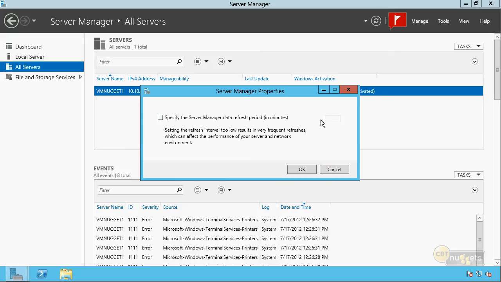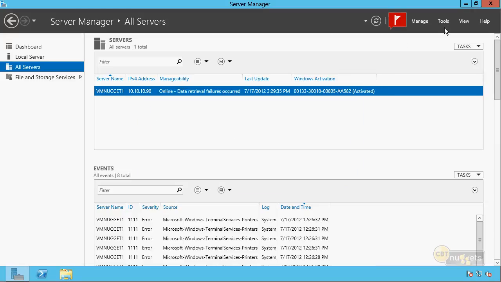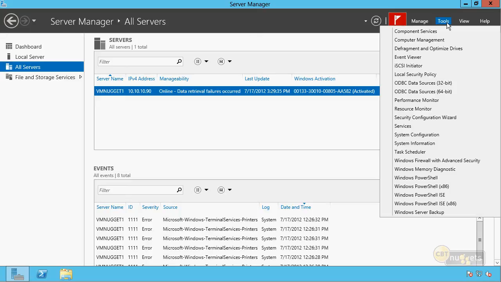It just tells you how often to refresh the screen, or if it refreshes at all. Right now, by default, it does it every 10 minutes, which doesn't seem very refreshy, but you can adjust that if you want to. Also, you can go to some of the other common things we were accustomed to seeing on the Start menu in the past that now appear under Tools. If you think of administrative tools, that's pretty much what we've got here.